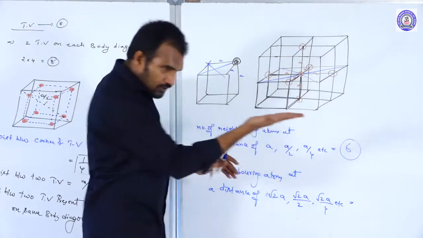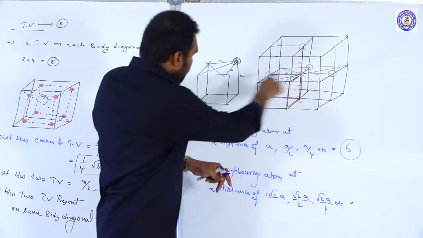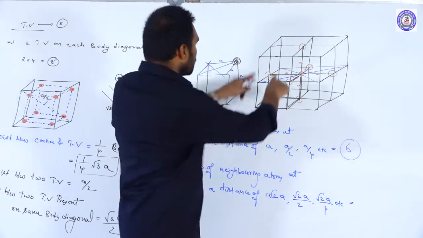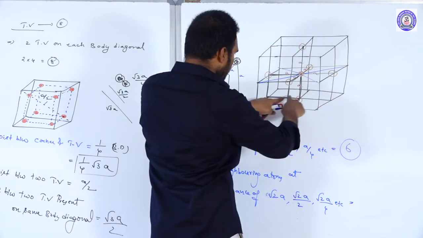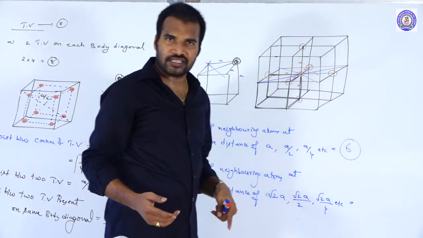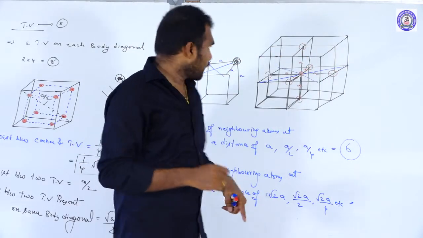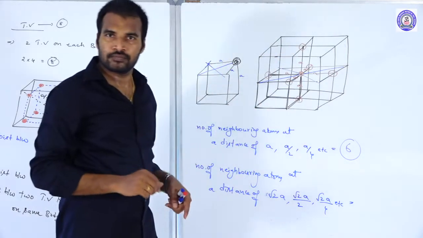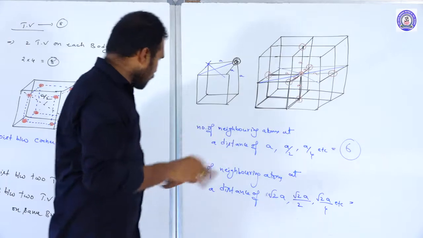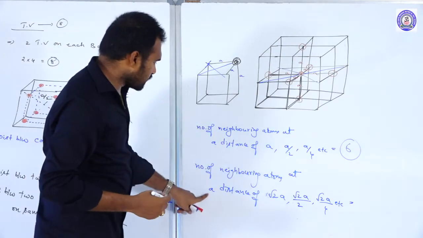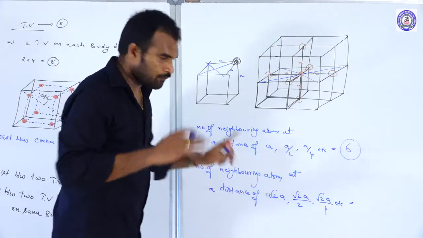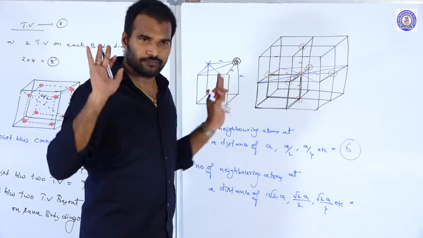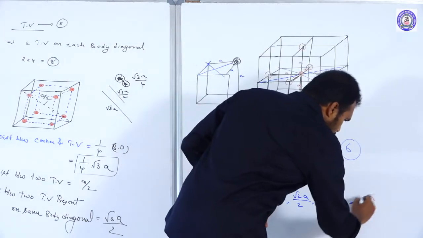So now we discuss this plane. In this plane, how many are there? 4 are there. Similarly, in this plane, you consider. In this plane, how many face diagonals? 4. Okay. Next one more thing. In this plane, 4. Clear? So now the number of nearest neighboring atoms at a distance of root 2A is how much? So 4 on each plane, total 3 planes, 3 4s are 12. So that is equal to 12.